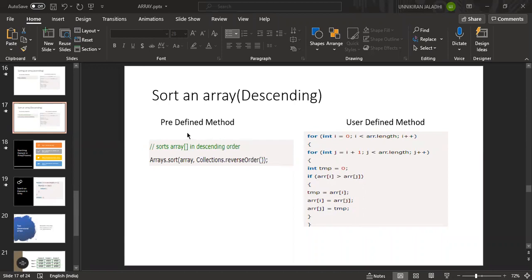Predefined means you have to follow the particular rule. In your college, for example, you have to follow the rule to wear your uniform or whatever it is. The things that are available, we have to use those things only. Okay, this is how the scenario works between these two things.